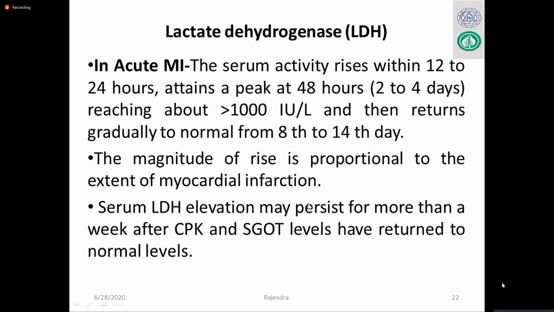Suppose a patient comes to your clinic 3 days after his chest pain, because he or she lives in a very remote area, and when they get a chance to come to hospital, they give the history. At that time there is no meaning in doing CKMB, because it will definitely be normal, and the patient says, no, now I don't have any pain. But if you do this LDH test, you will still get a very high value, and you can say, yes, you might have had a heart attack 3 days back, so you need to investigate further with other investigations like echocardiography, or sometimes